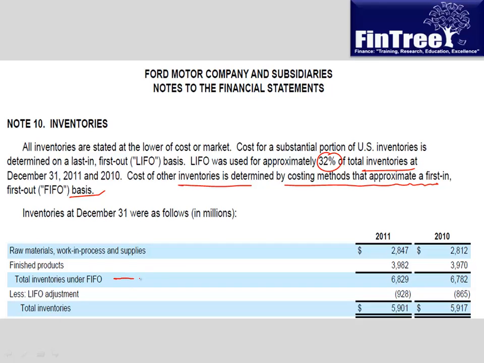So we have a total inventory value given under FIFO. However, we also have a LIFO adjustment of 928 and 865, and these numbers are nothing but the LIFO reserve, so that we have a total inventory here. Moving further,